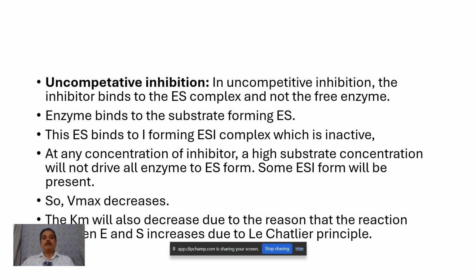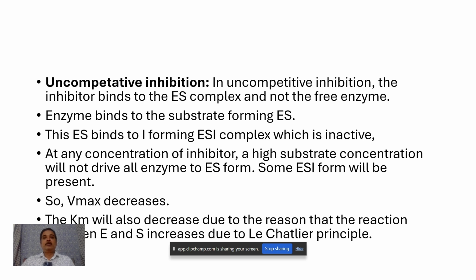Enzyme binds to the substrate forming ES, and this ES binds to I forming ESI complex, which is inactive. So enzyme is inactivated as ESI complex. At any concentration of the inhibitor, a high substrate concentration will not drive all the enzyme to the ES form. Some ESI form will be present, so the Vmax will be decreasing. And the Km also decreases due to the reason that the reaction between E and S increases due to Le Chatelier